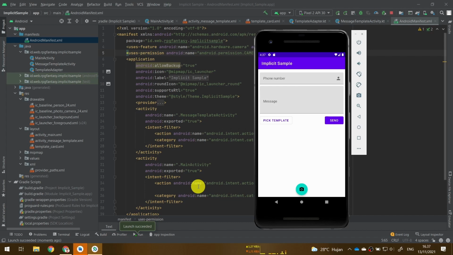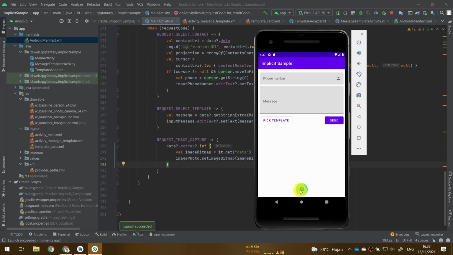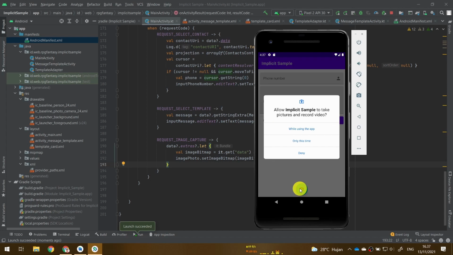Okay, now if I click this FAB photo, because I have not previously granted any permission to our application, Android Studio pops up: Allow implicit sample to take pictures and record video.